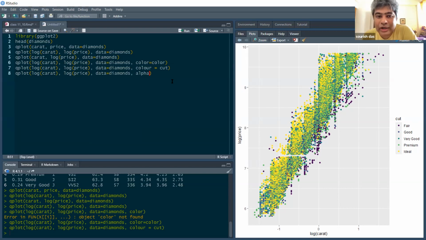So the short answer is yes. The long answer is I have to figure out the old code where I did it. It's slightly 2-3 lines you have to add before how you do the color. Okay, now alpha equal to I, capital I, open bracket, close bracket, 1 over 1 by 10. Now you run that.